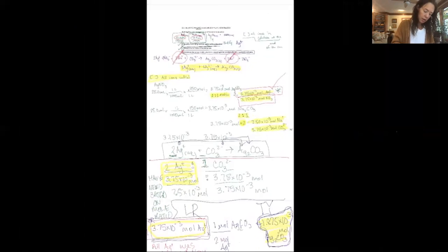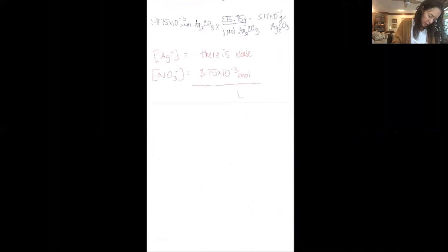Glad everything's labeled. I've got 25 plus 25 equals 50.0 milliliters divided by 1,000 milliliters per liter. Oh, I don't need to put that in my calculator. 0.050 liters,